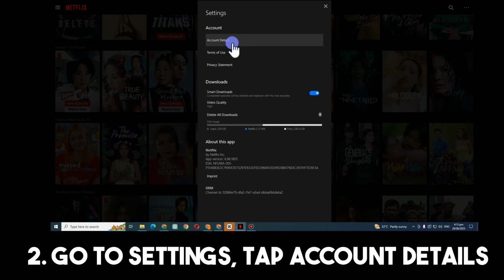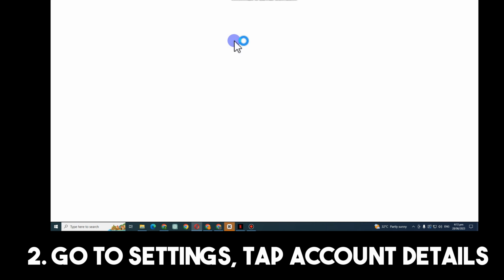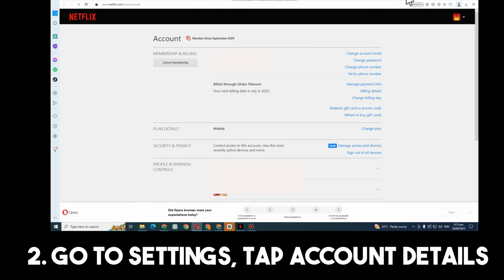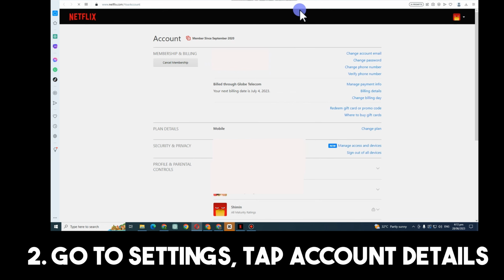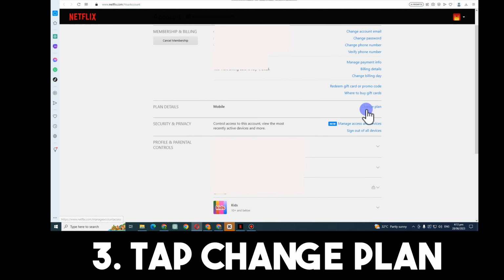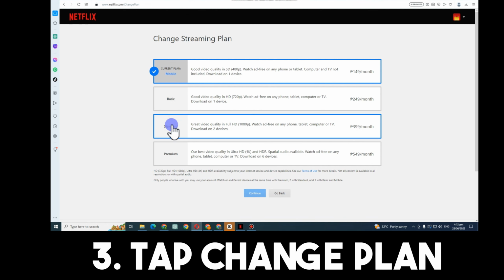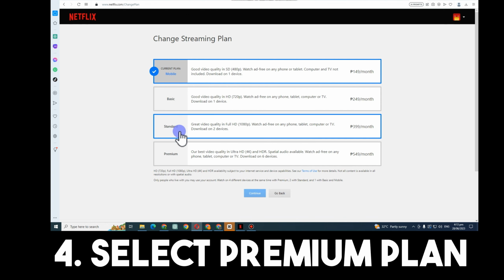Once you tap this one, if you're using your laptop or your PC, it will take you directly into a web browser. Now, this is your account. All you have to do is look for change plan. Tap this one, or let's just say the plan details, and make sure that you are subscribed to standard or